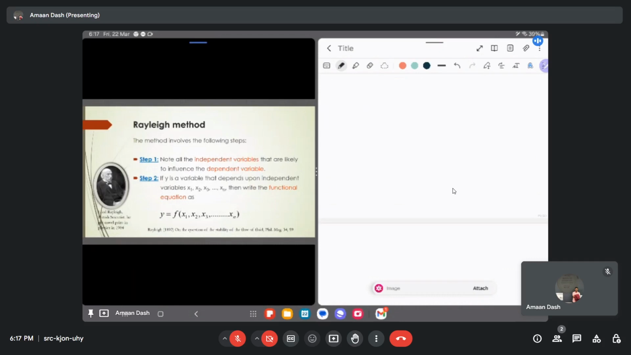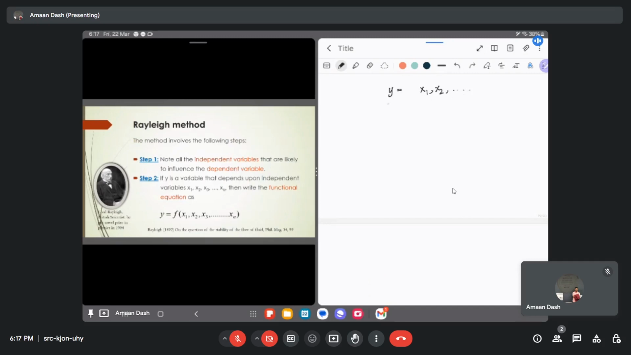We'll see how it is done, and then we'll try to solve some questions as well. So here you can see the method involves the following steps. Note all the independent variables. Let's say we have y, and y is actually dependent upon parameters like x1, x2, and so on, independent variables. So first we note down all the independent variables